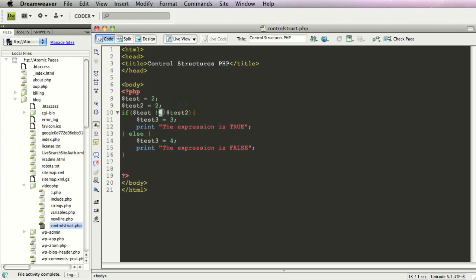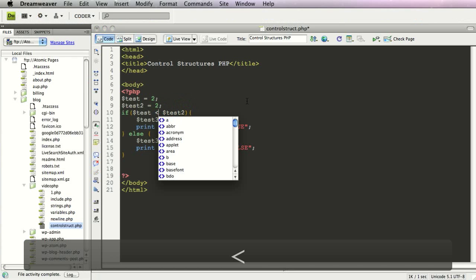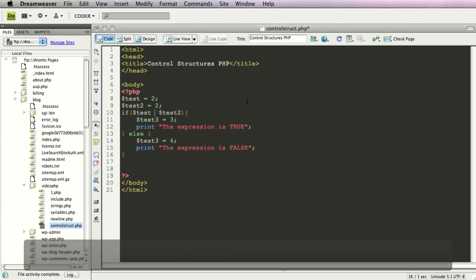Now, as I showed you before, we have less than, and then likewise we have greater than, and then we have less than or equal to, which you do by a less than sign and then an equal sign, or greater than or equal to. And then lastly, we have